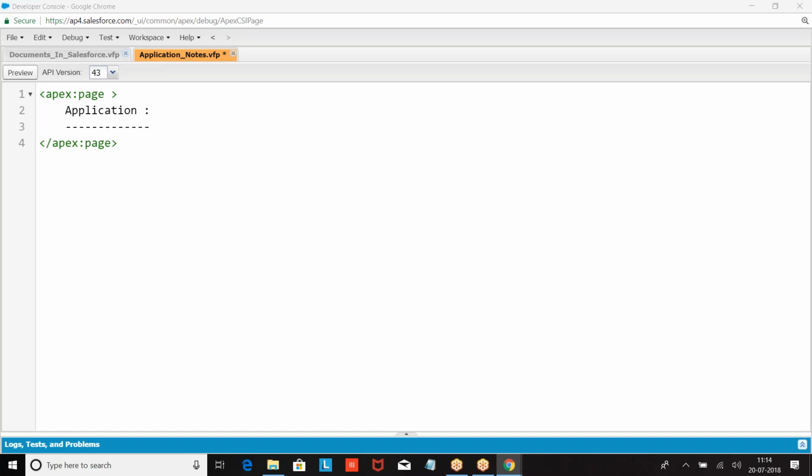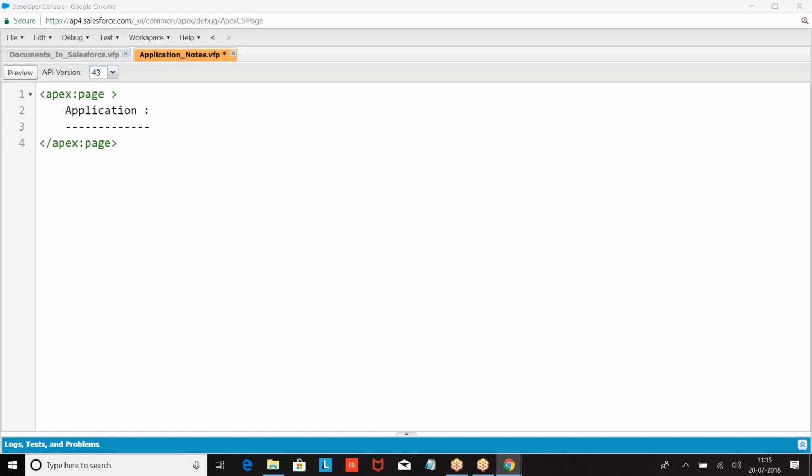Example: Sales Cloud application, Service Cloud application, Marketing Cloud, Work.com, Knowledge Only. All these applications are built by Salesforce. Any application created by Salesforce cannot be deleted. If you want, you can customize it, but you cannot delete.